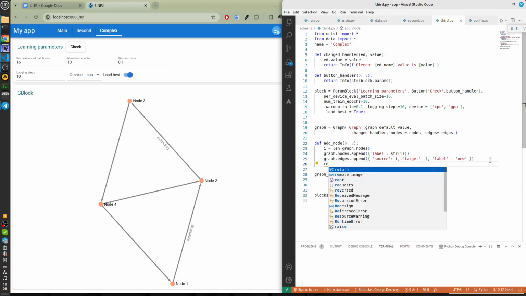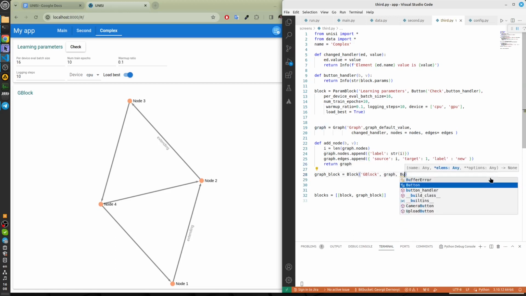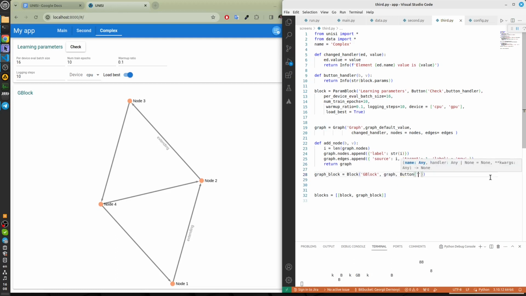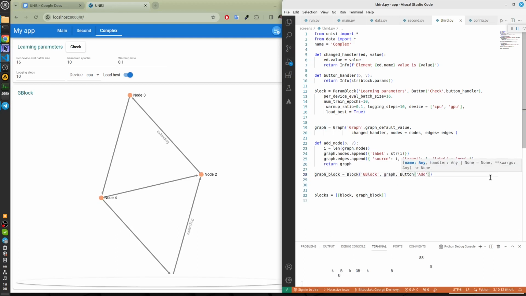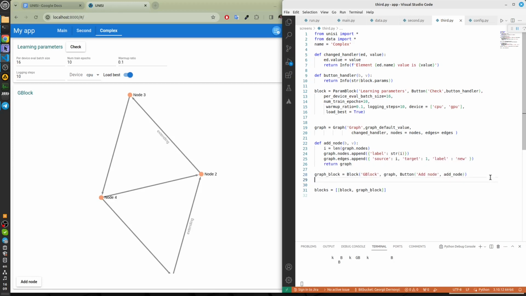For updating the graph for the user, let's insert here a button in this block, which is attached to Add Node Handler. The name is Add Node and Add Node Handler. The Add Node button appeared at the bottom left corner.